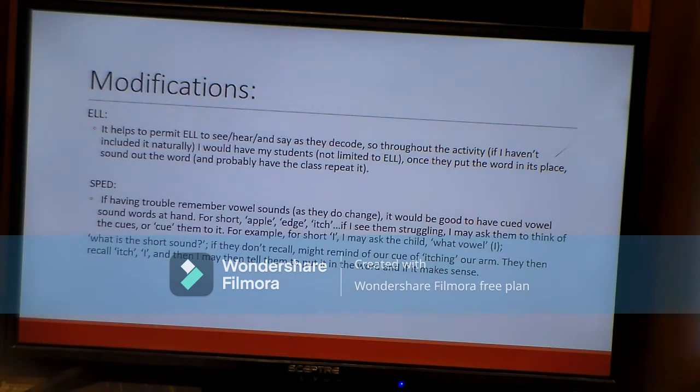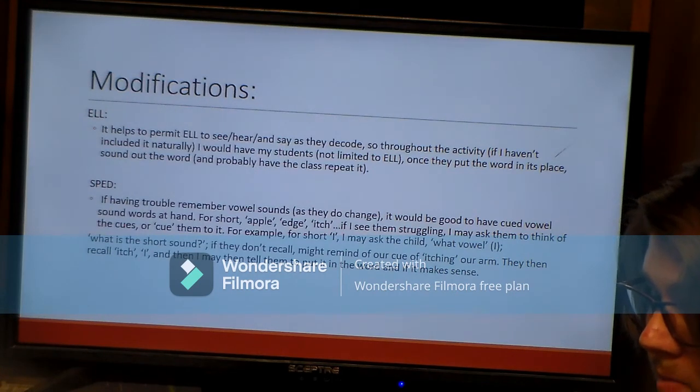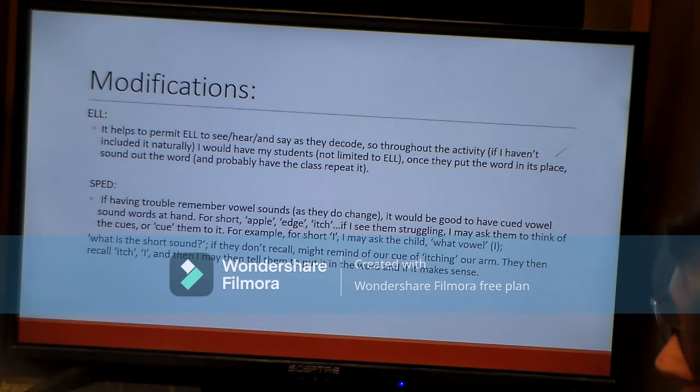But if that's not the case, say we were doing a word with a short I, like hit or bit, and the student wasn't able to recall the right vowel sound for a short I, I might ask them, what vowel do we have in this word, which they would point out the I,